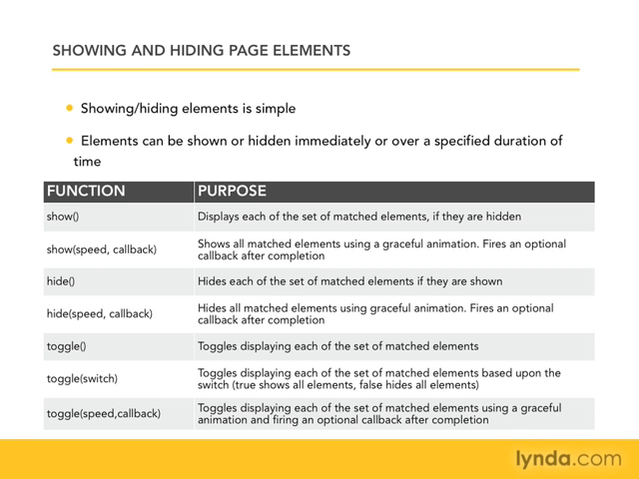And the same thing for hide. There's the speed and callback function. And same thing here with toggle, the speed and callback. And this one here, the switch, basically you pass true or false, and it either hides or shows everything based upon whether they're hidden or shown. So now that we've seen what some of the functions are, let's jump over to the code and try some